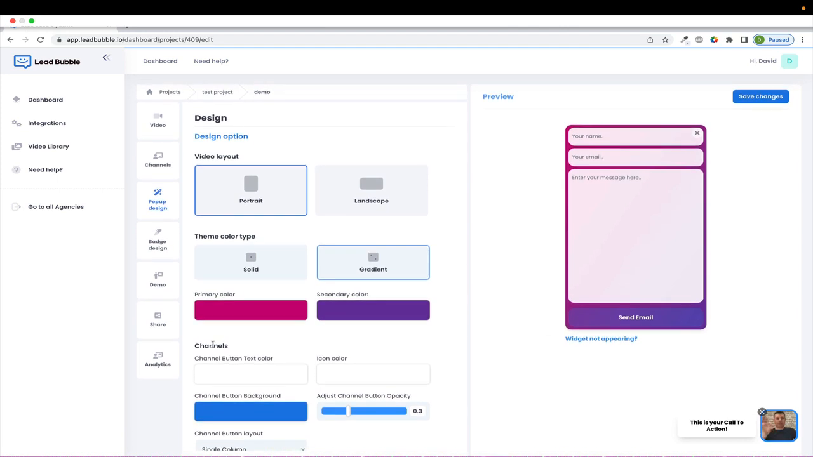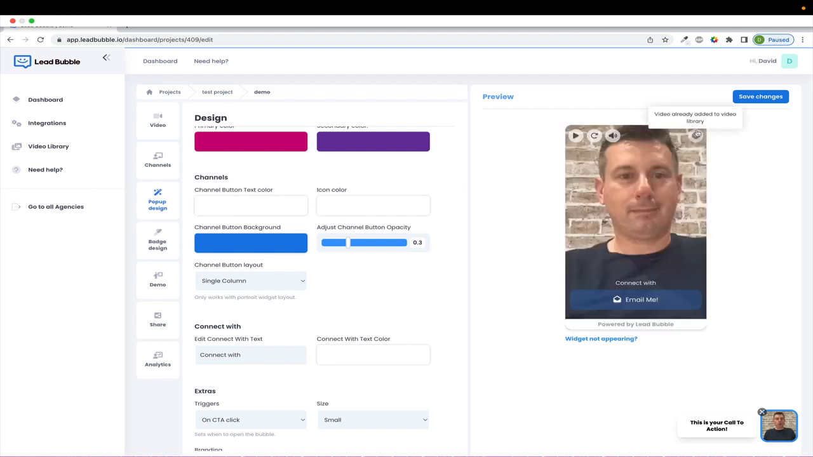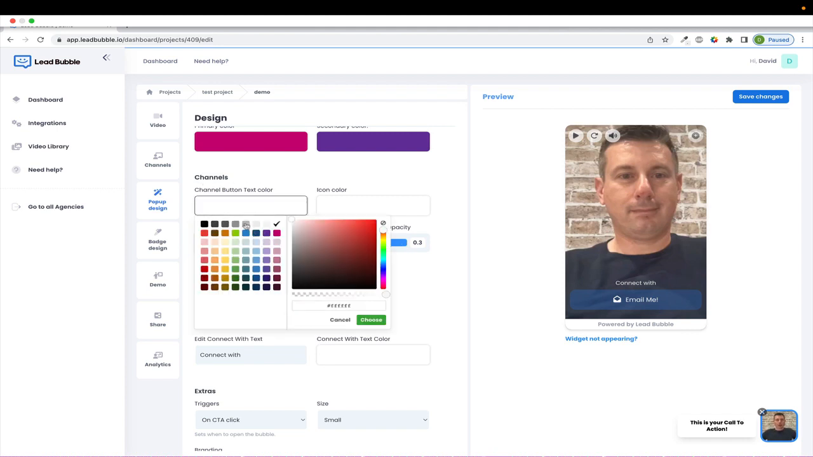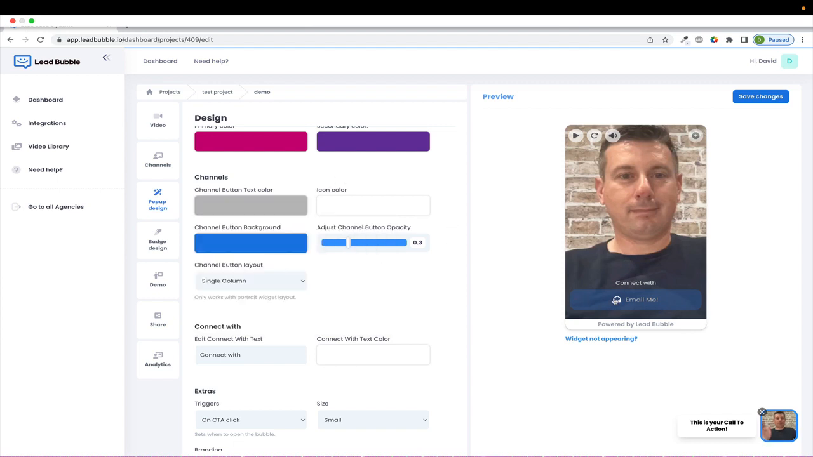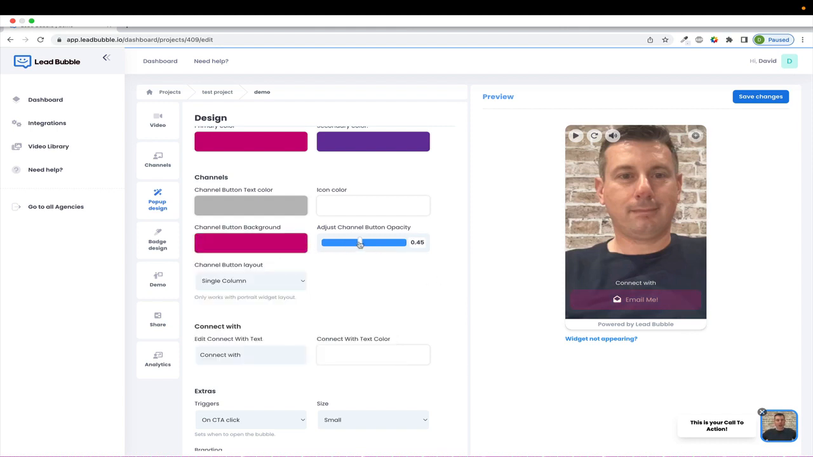After that is the channel options. So when we talk about channel options, we're talking about the actual buttons here, the channel buttons. So you can change the channel button text color. You can change the icon color here of the channel. You can change the channel button background color. So if we wanted to make that like, say, a color like this,